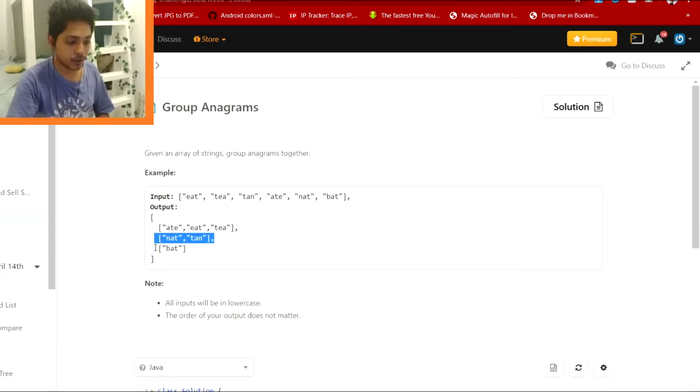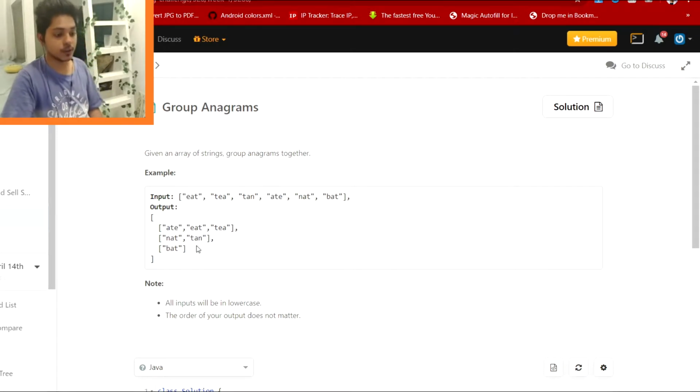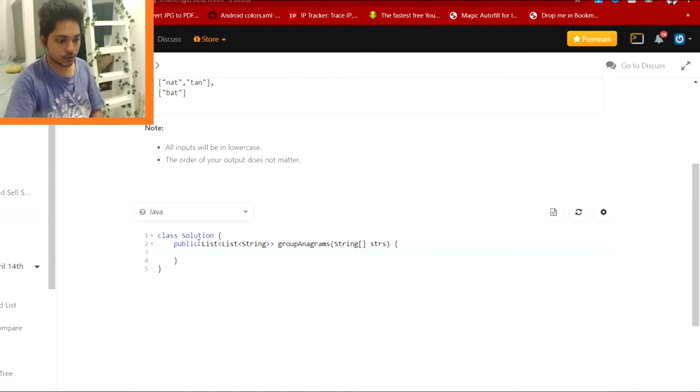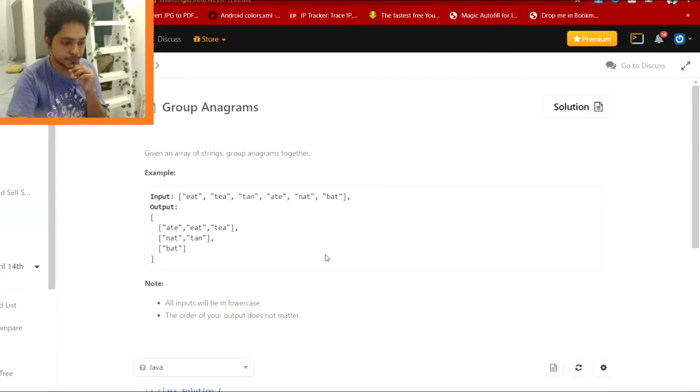So this will be group number 1, then group number 2, then group number 3, and at last we have to group them all together and return the value. So we have to return in list of list format. That is what we need to do.